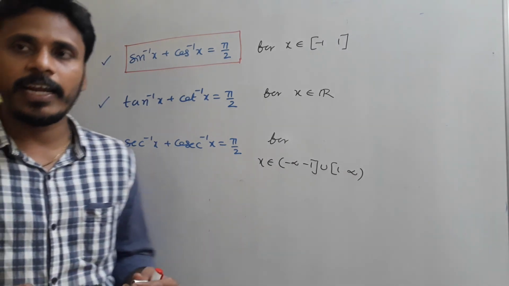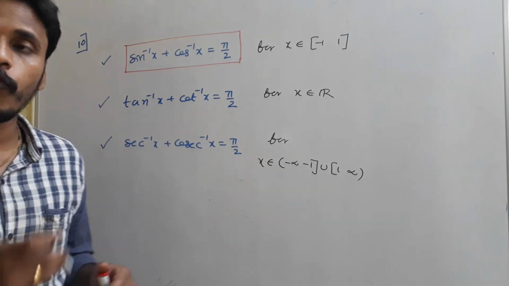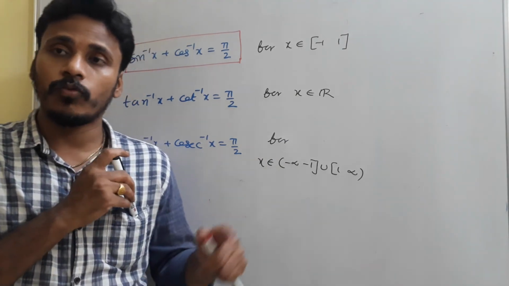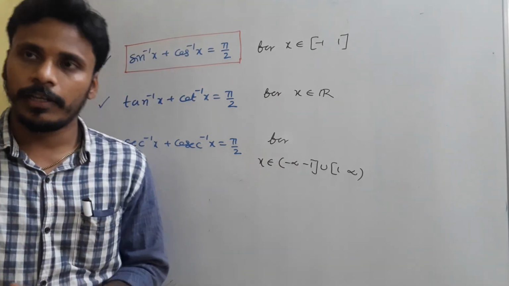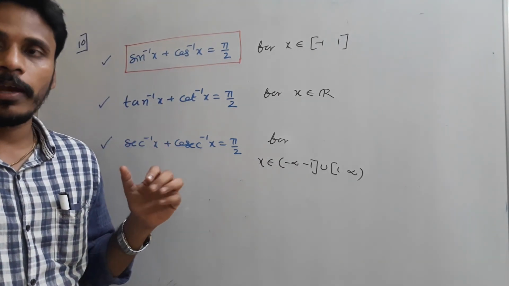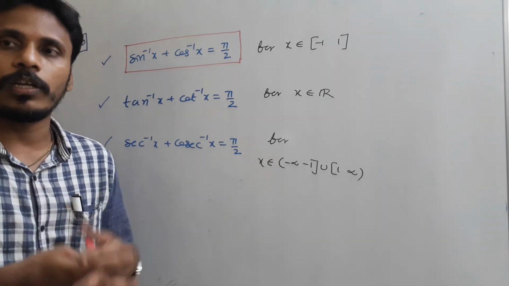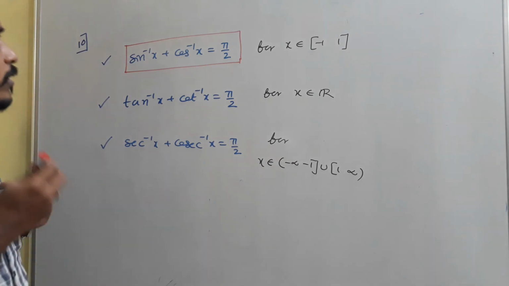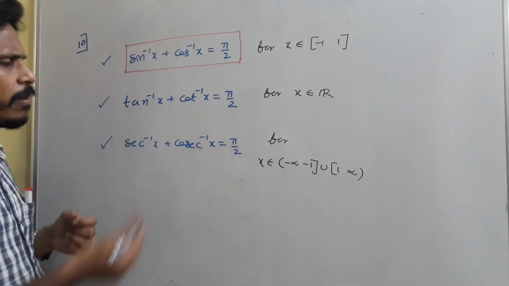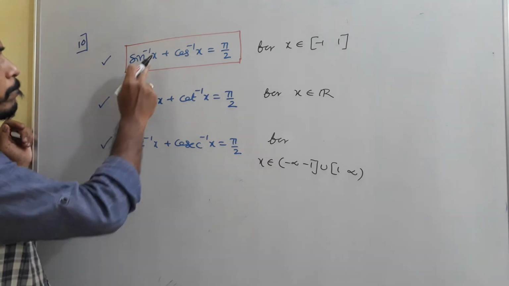As per the standard domain of the functions, you just take any x and try to find sin inverse of that number as well as cos inverse of that number. If you add, the sum will become 90 degrees. Take any number and you check. There are some other ways of proving this also, but all those proofs are not mandatory for solving the problems. Just look there. You just take any number and then try to think about it.